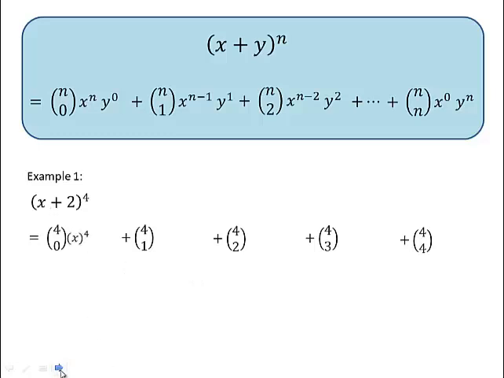So I'm going to start that off with x to the 4th. And that's the one that's going to decrease every time. So now I have x cubed, x squared, x to the 1st, and x to the 0. And the last part, we work with the second term of the binomial, so in this case 2. That's going to start out with an exponent of 0 and work its way up. So 0, 1, 2, 3,